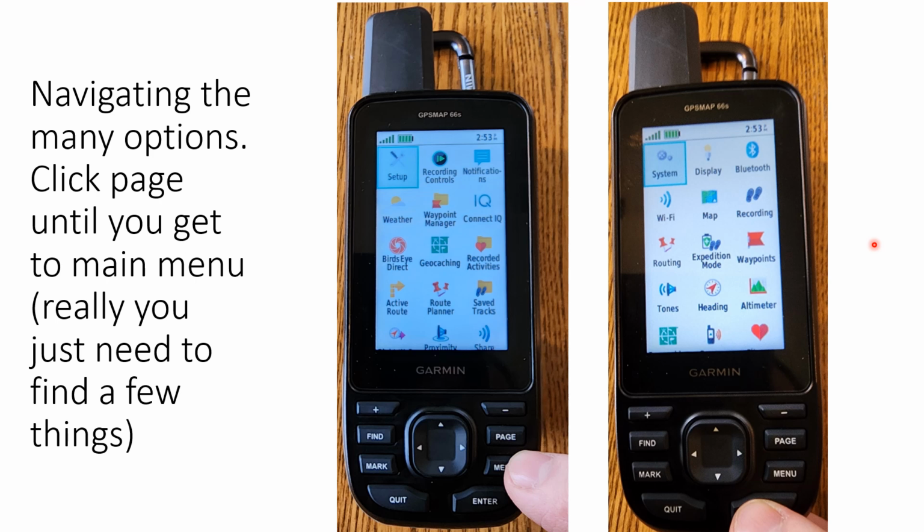So the first thing we're going to do is go to the menu. When you go to the menu, you'll notice that you've got a lot of options here. One of those is setup. So you highlight setup, hit enter, it's going to bring you over here and you're going to see system. When you get to system, this is where we're going to move around and look at our data. Okay, so you go to your system,